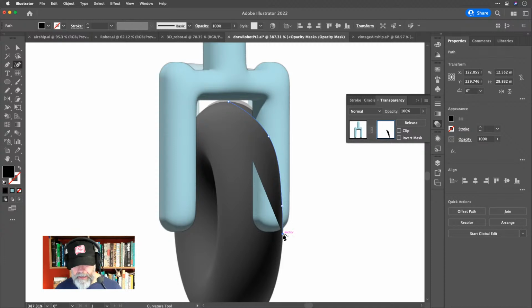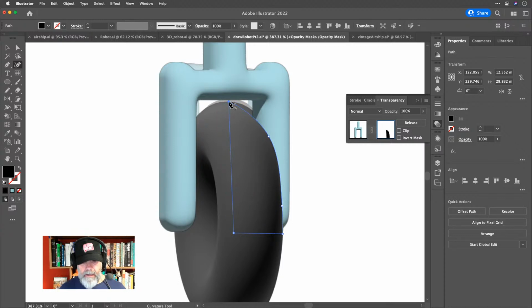I'm then going to double click, which creates me a straight point. I just think this is for tidiness. I'm going to double click again, another straight point. I'm going to go to the top and double click again, another straight point just there. Now already you can see that fork is disappearing, but now I'm just going to bend around by moving points around